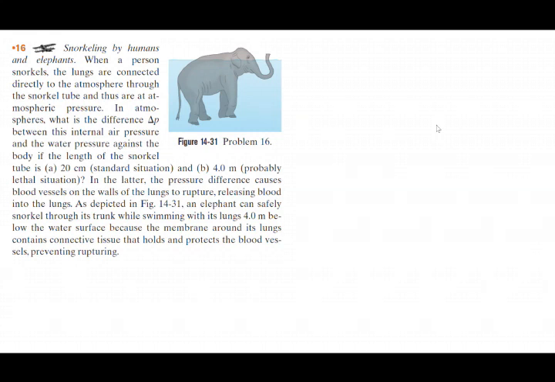In the latter, the pressure difference causes blood vessels on the walls of the lungs to rupture, releasing the blood into the lungs. As depicted in figure 14-31, the elephant can safely snorkel through its trunk while swimming with its lungs 4 meters below the water surface, because the membrane around its lungs contains connective tissues that hold and protect the blood vessels, preventing rupturing. So in order to solve this problem, you have to understand